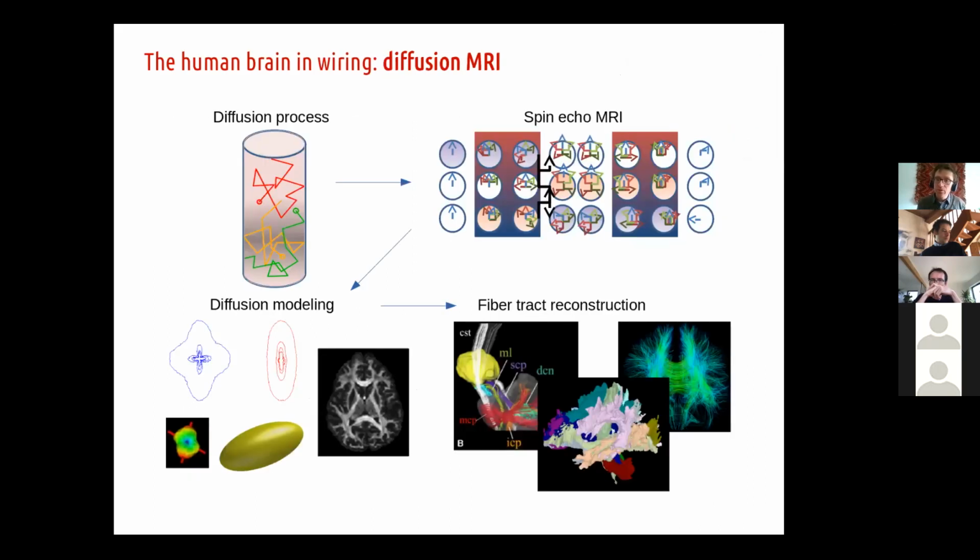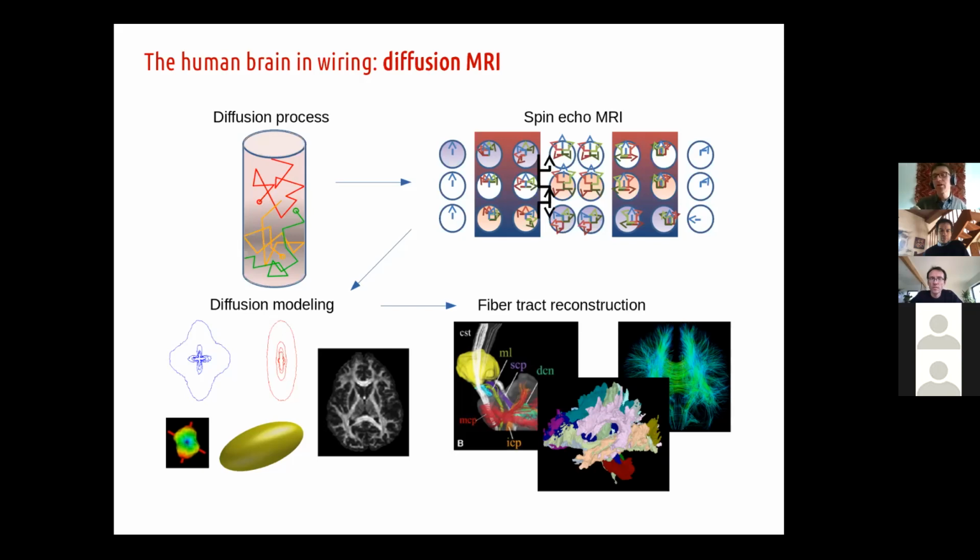Another fun thing to do is also to look at diffusion. So if you think of the brain as just being mostly water, which is kind of what it is, with a bit of membranes around it, hydrogen protons, which are very free in water, will tend to move around. And then when they find a membrane, they get stuck there. And with some spin echo MRI, where you're adding some gradients in different directions to knock down some of the signal, then you can start modeling how the